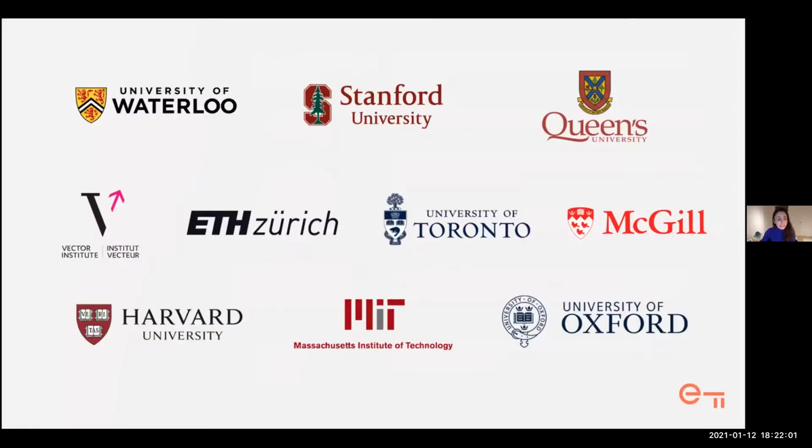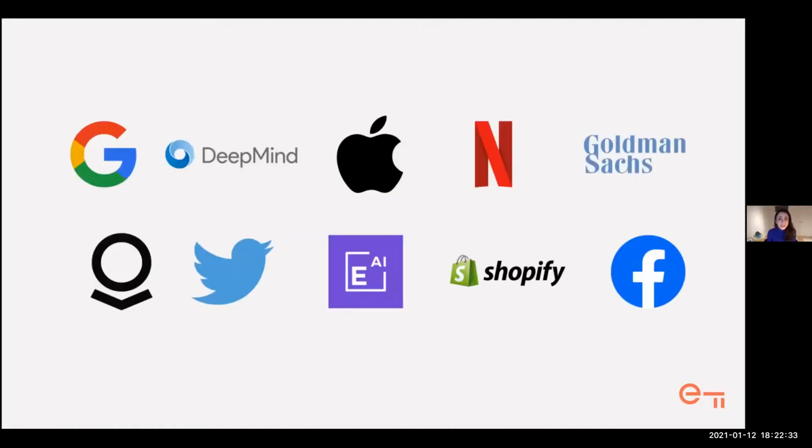And so now that we've highlighted a few of the founder stories, hopefully that gives you a better idea of their backgrounds. But the truth is that there are many different paths into entrepreneurship. So to give you an idea, we've received over 900 applications and accepted 55 founders to join us from Canadian schools, such as the University of Waterloo, Queen's, and McGill, to institutions abroad like the University of Oxford, Harvard, and MIT. And then also very true to Canada being multicultural, we have over 20 countries represented within our cohort, which